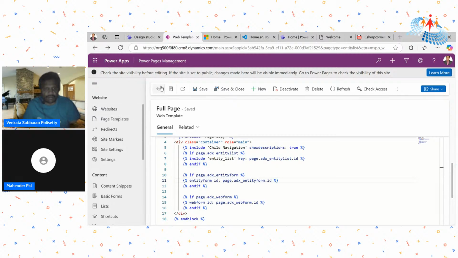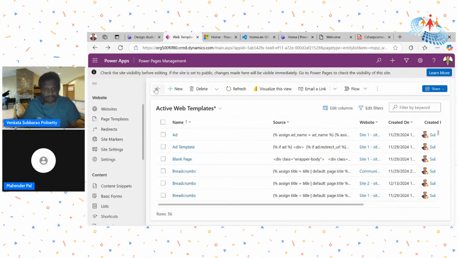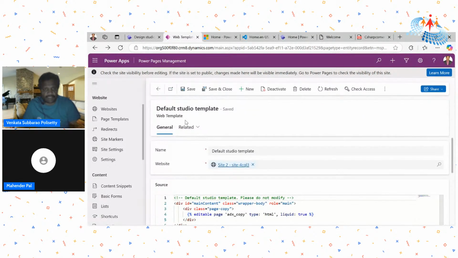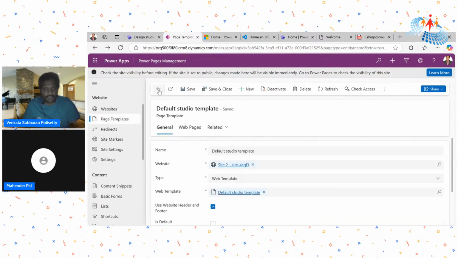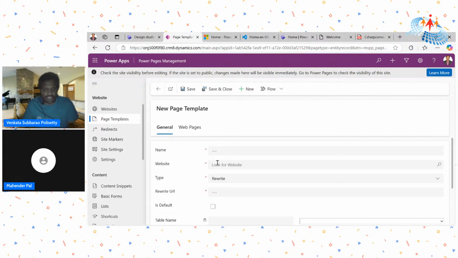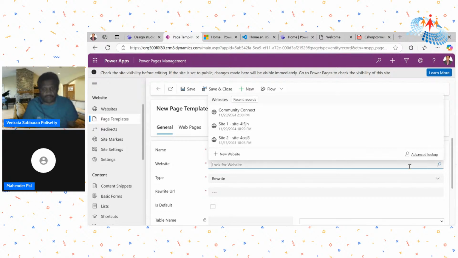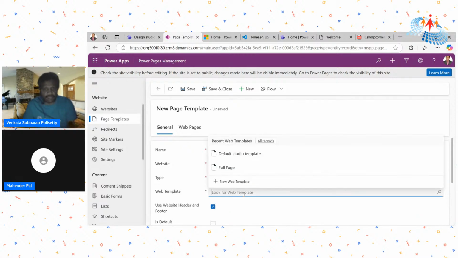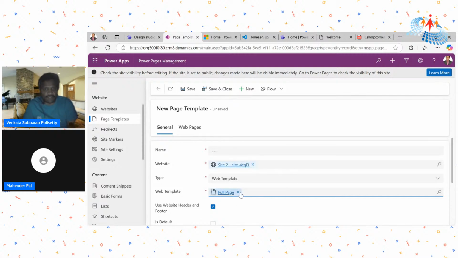So first it goes to the web template, and after this web template, we'll go to the page template. In this page template you can give the name and the website that you are looking for. I have a number of websites present. This is the website that I want, and the type is either rewrite or web template. Rewrite means totally custom code that we are going to use. If you are going for a web template, I can choose this one, so I'll say it is a full page,